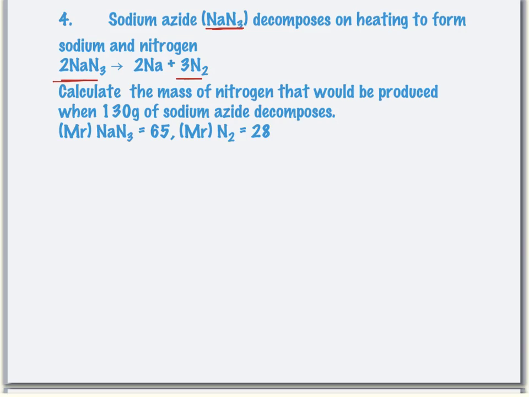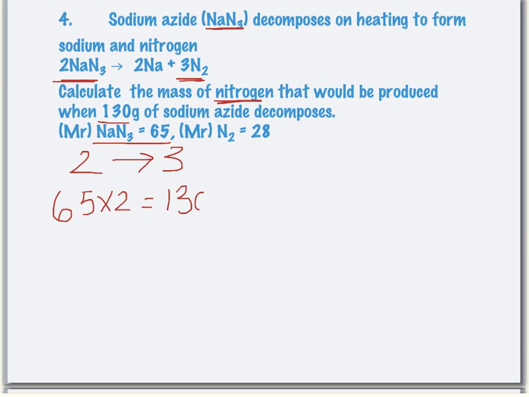calculate the mass of nitrogen that would be produced when 130 grams of sodium azide decomposes. So what we have is 2 moles of sodium azide and 3 moles of nitrogen. So 2 moles makes 3 moles. So for the sodium azide, we can see one mole will be 65 grams. But we need to understand how much 2 is. So it'll be 65 times 2. It should be 130 grams. Is going to make